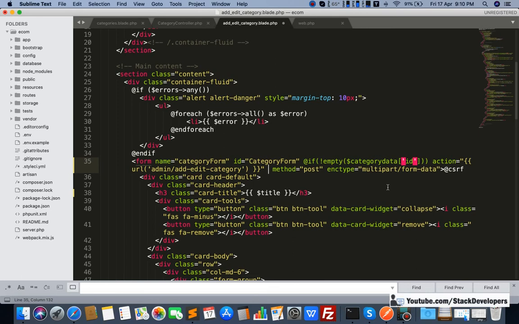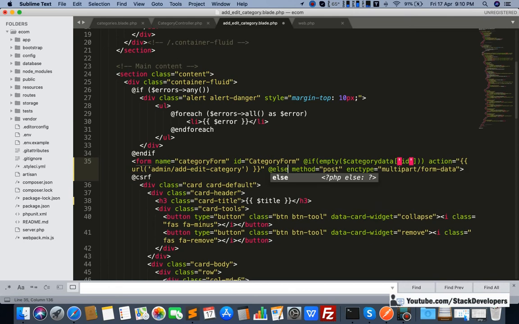If category data ID is empty, then this one. Else, if it is not empty, if category data ID is coming, then we are going to use another action here, like this, at the top.